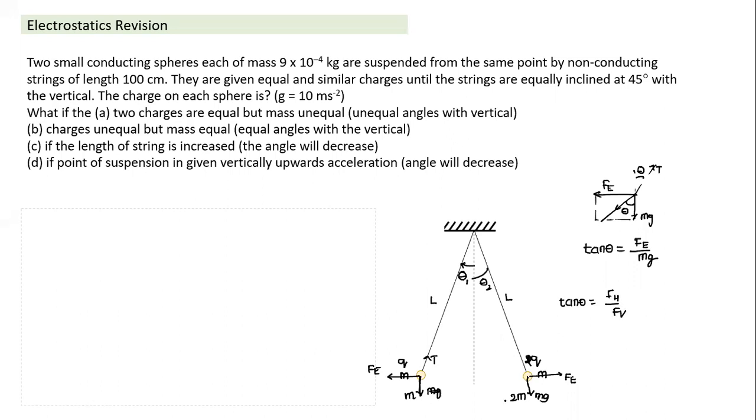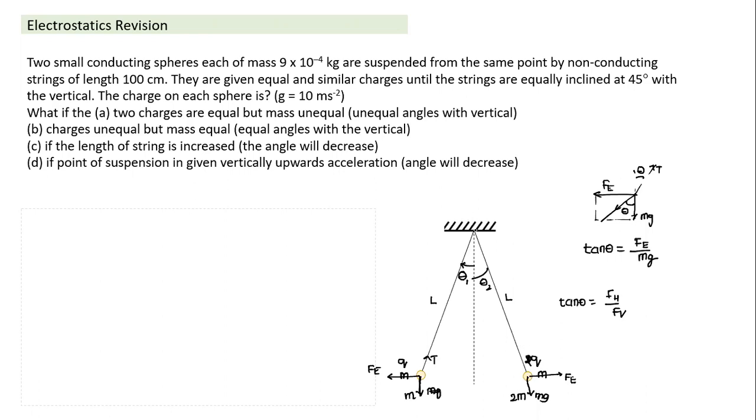If this one is 2m, in that case the vertical force is more. So whichever mass is more, theta 2 will be smaller than theta 1. So if you increase the weight, if one of the weights is increased, it will make a smaller angle. So understand that all cases are based on equilibrium.